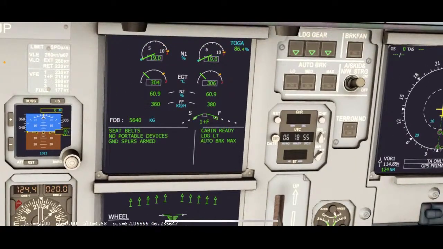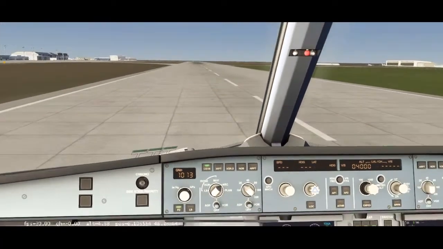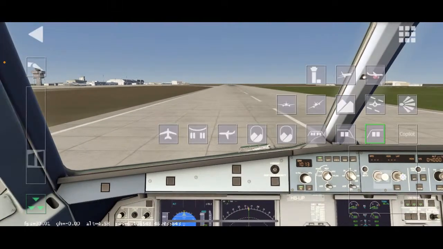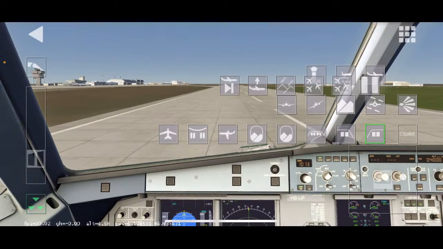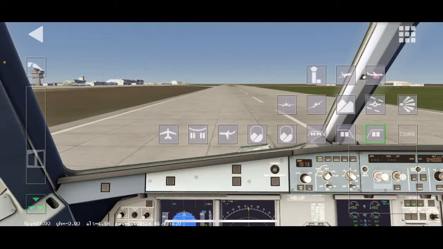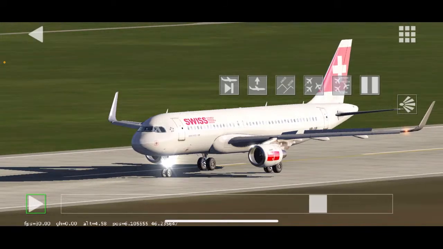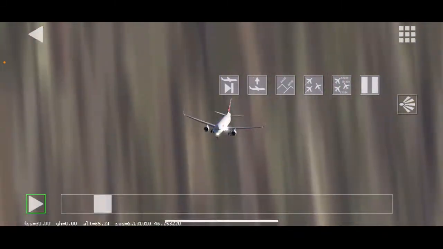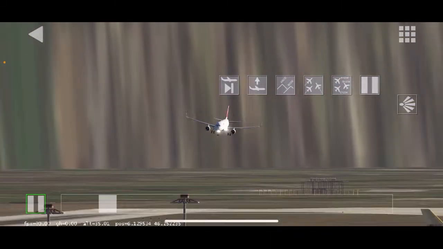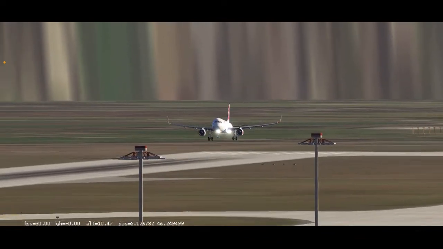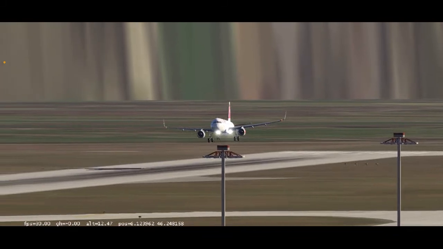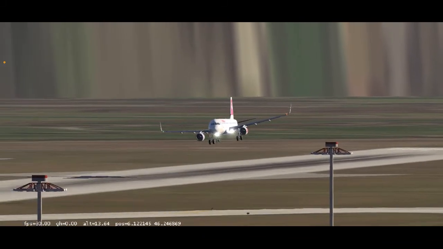That was a terrible landing. I will admit that much, but we are safe on the ground. Let's go replay that, actually. Another thing I love about Aerofly is they can replay the landings. Oh my goodness. Yeah, no, that's a very difficult approach. And then to try and stabilize, I'm glad that's not like that in real life.